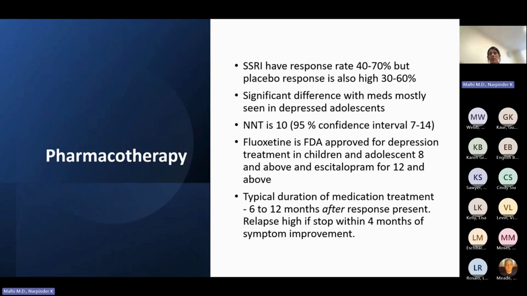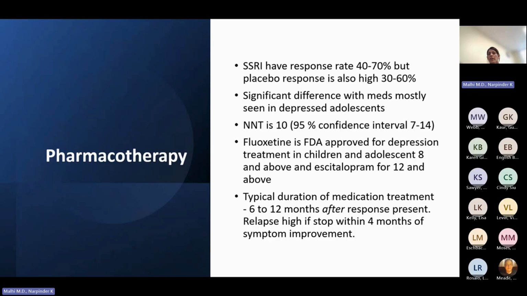And the number needed to treat in children and adolescents is 10, which basically means that you treat 10 patients and one of them would get better. So it's not the same as antibiotics, but still good enough that we certainly need to consider. And if you use these SSRIs for anxiety, the number needed to treat is close to 3. So they really work very well for anxiety symptoms, not as good as for depression, but certainly still can benefit the patient by a huge amount,